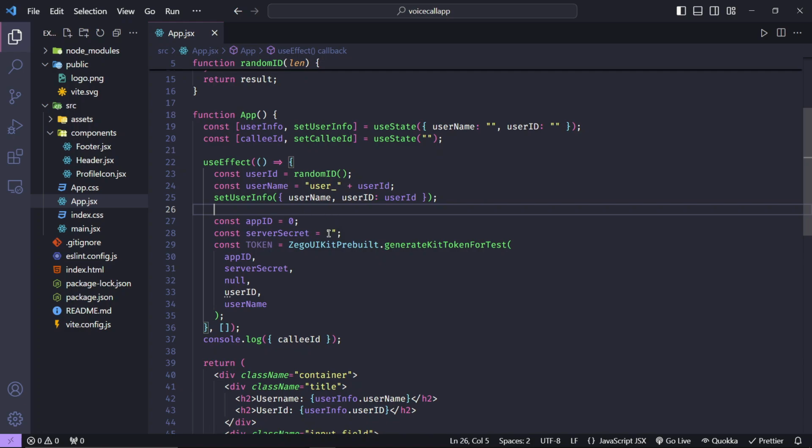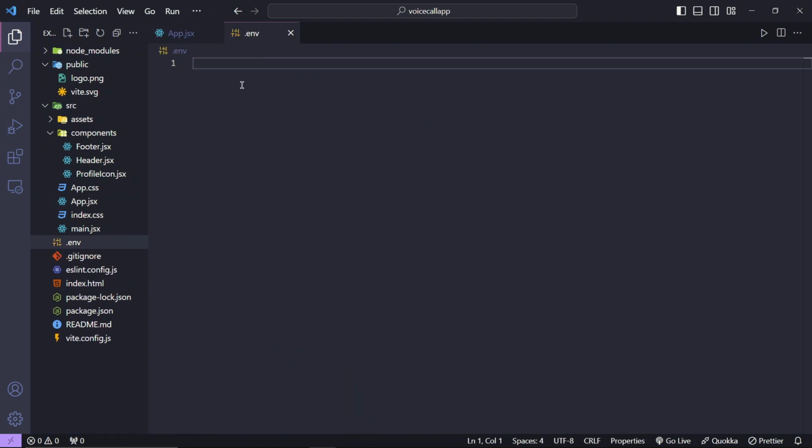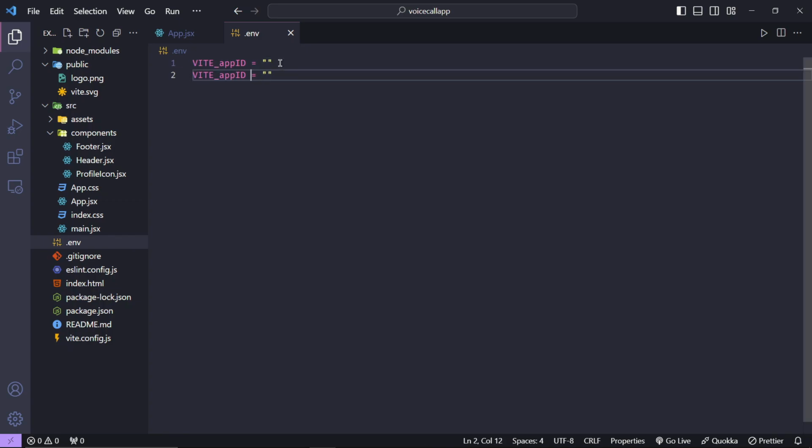Let's keep the app ID and the server secret in env file. In the root, create a file named .env. We should start with VITE underscore, the variable name that we want. Let's call it app ID. Enter your ZEGOCLOUD app ID here. I'll enter mine later. Similarly, for server secret,